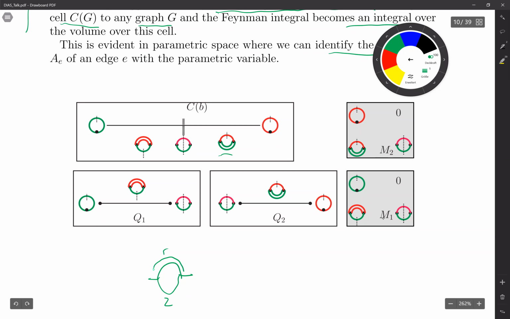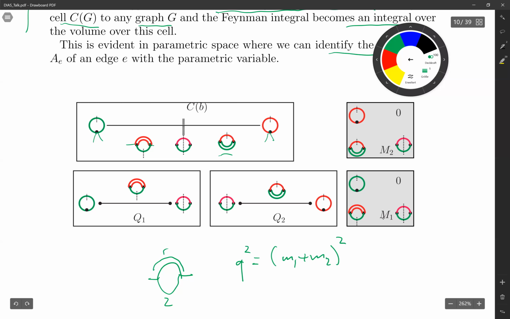Now, if red completely shrinks, I get a little tadpole graph, and the two external half edges would hang around like that, and similar over here. It turns out this is a very crucial point in outer space, and I can identify it one-to-one with a point where such a graph has monodromy, namely when q squared equals (m1